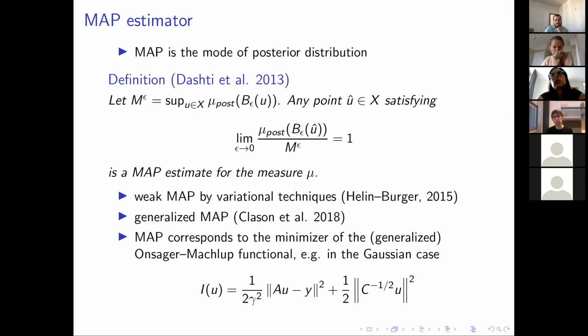So first of all, MAP estimators. MAP estimators are basically just the mode of the posterior distribution. So in finite dimensional settings, the point that yields the highest probability. And you can generalize this concept to non-parametric settings, and maybe the original definition goes to Dashti and others in 2013, where they defined the non-parametric MAP as some sort of limit of